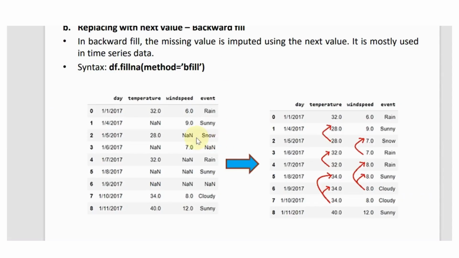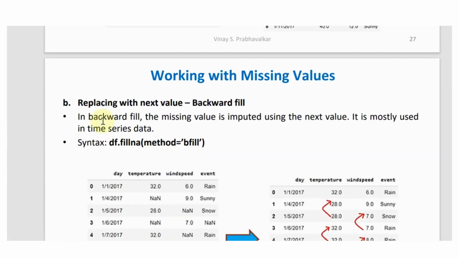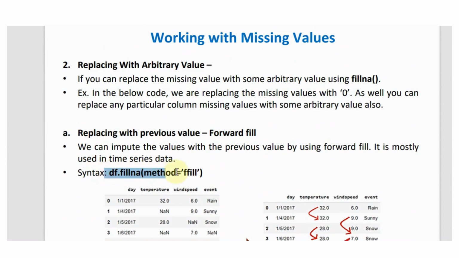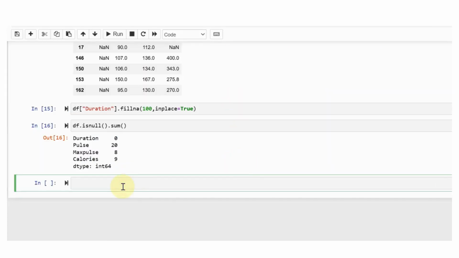The syntax is df.fillna with method equal to bfill, which means backward fill. Now df.fillna with method equal to ffill means forward fill, the previous value, replace with the previous value. Now df.pulse.fillna